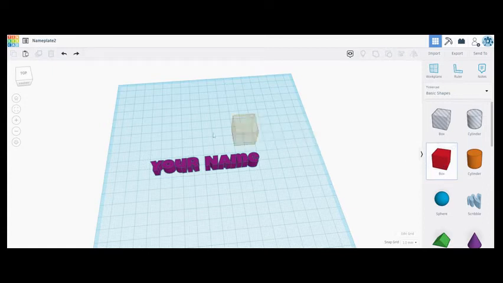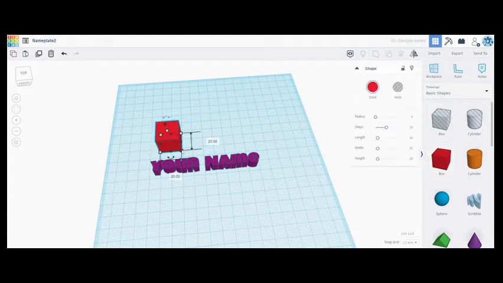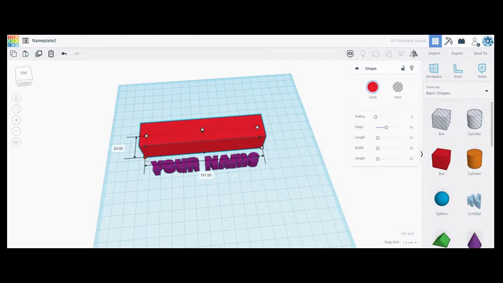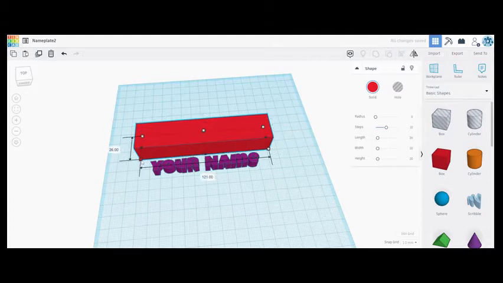And I'm going to drag that out to my build plate. And what I want to do is just make a rectangle to be a plate for my nameplate. And I'm just going to size it so it's a little bit bigger than my name. There. Now, the other thing I can do, besides resize it by pulling on these corner blocks, which, by the